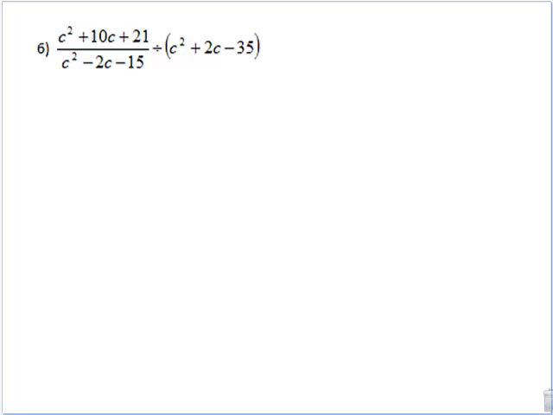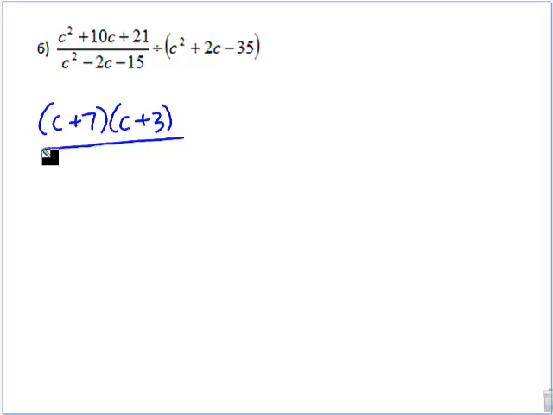Once again, does it look like we can factor all of these? Yeah. Okay. So that's what we're going to try to do. We're going to try to factor them all. So let's start with the c squared plus 10c plus 21. How can we factor that? Good. C plus 7, c plus 3